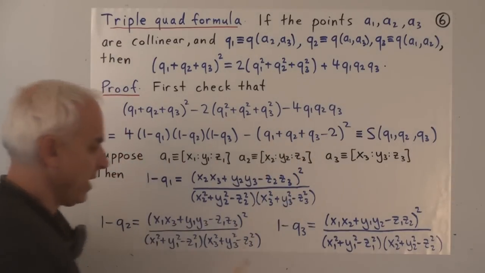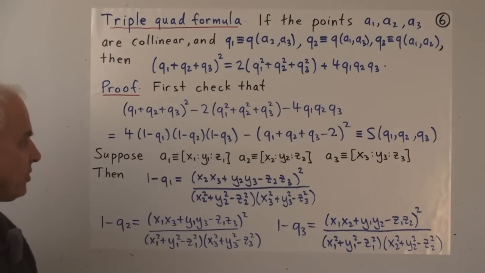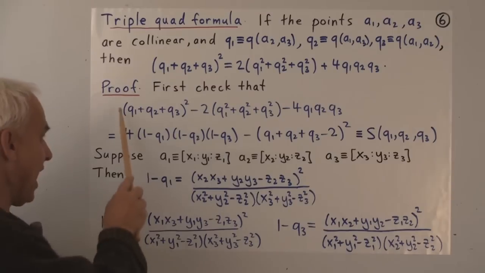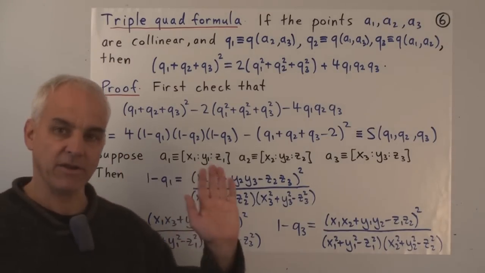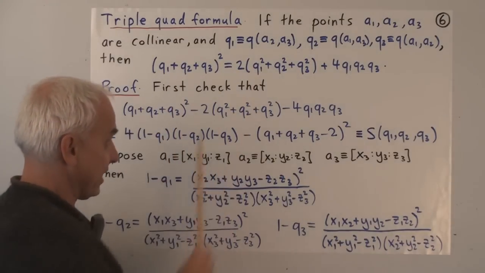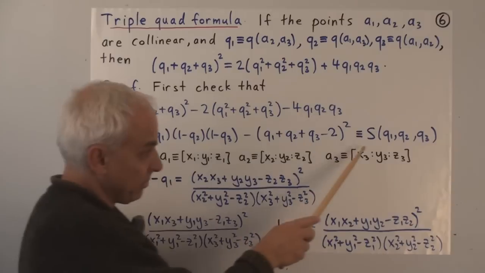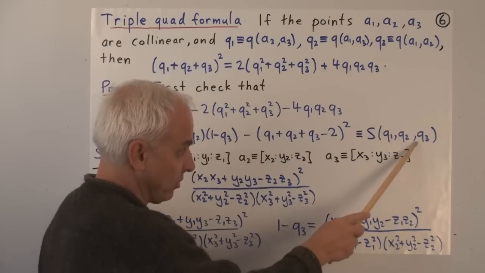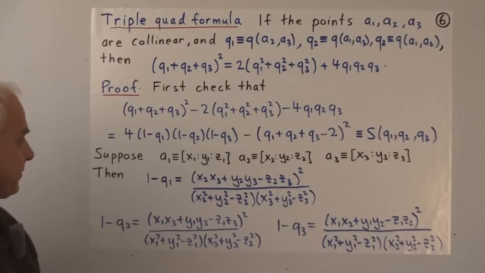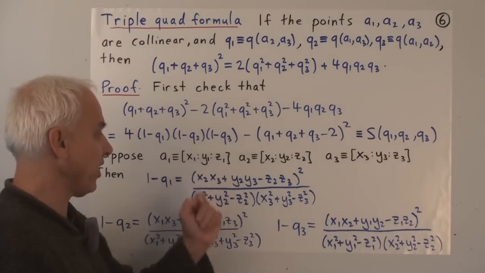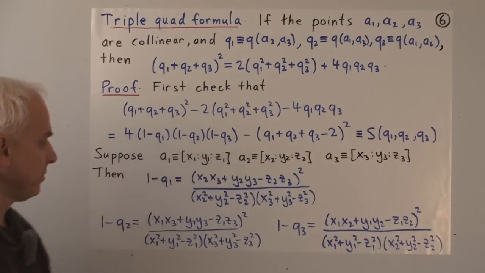So this, as an expression involving Q1, Q2, and Q3, is equal to this, as an expression involving Q1, Q2, Q3. This is an algebraic identity that exists independent of any kind of geometry. This difference between the left and right-hand side is important enough to give it a little bit of a name. So let's introduce this triple spread function S. S of Q1, Q2, Q3 is defined to be this thing here. Okay, so now let's suppose that our 3 points have specific coordinates, x1, y1, z1, and so on, as before.